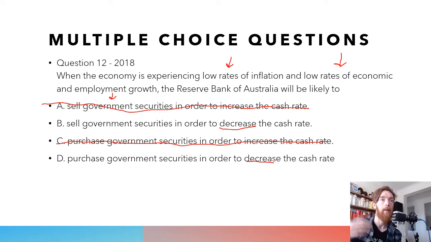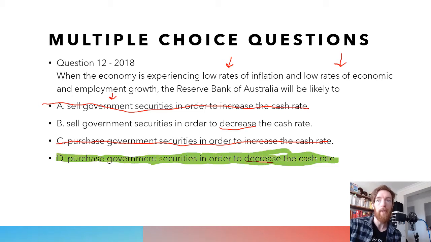So then from this point, are the RBA going to sell government securities to decrease the cash rate or purchase government securities to decrease the cash rate? So that's when we've got to start thinking about the overnight money market or the short-term money supply. How does the RBA get more money into the short-term money supply? So then that puts downward pressure on interest rates. Well, with that, they're going to purchase government securities because that will lead to there being more money in the short-term money market because they'll buy them off the financial institutions. That money will go into the overnight money market, and then that will decrease the cash rate because there'll be the larger money supply available, which puts downward pressure on interest rates. So it ends up being D.